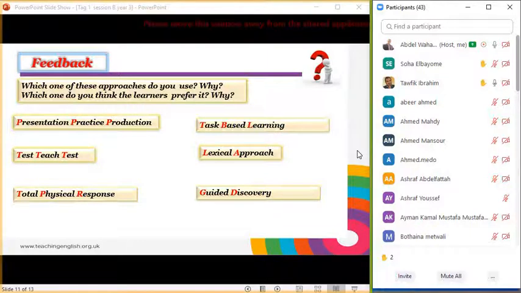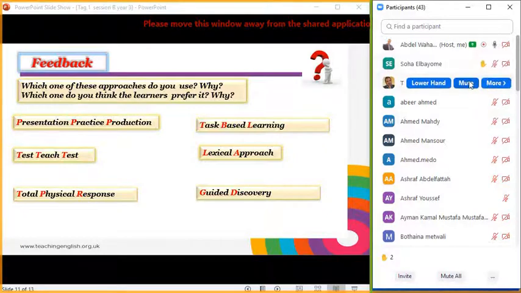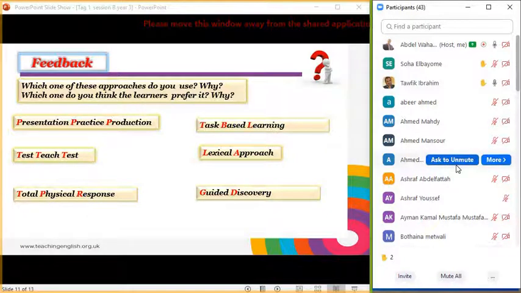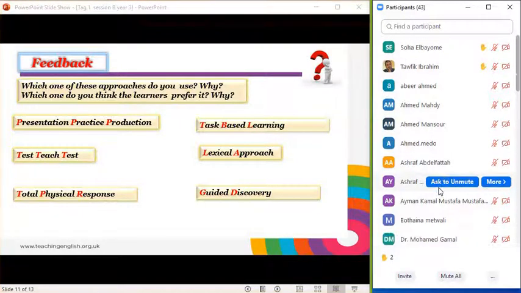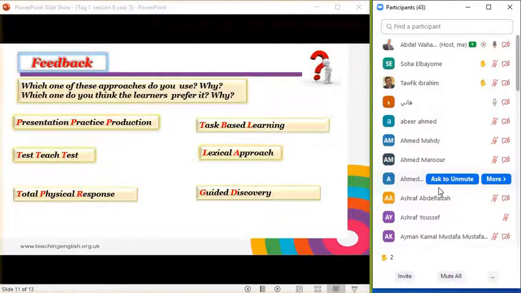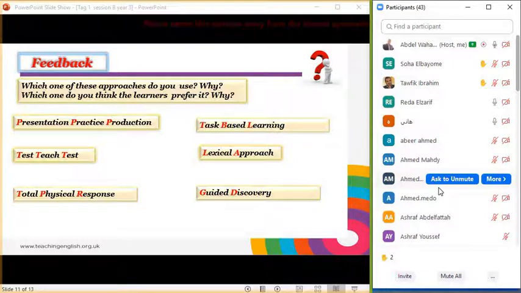Okay. Yes, sir. You mean that you make a balance between choosing approaches? Yeah, so it depends on the situation itself. It depends on tasks and learners, or their abilities or their level. Okay. Thank you, Mr. Tawfiq. Another participant, another teacher. What do you think? Which one do you think is suitable for you? Mr. Hani, do you want to speak? Mr. Rida.